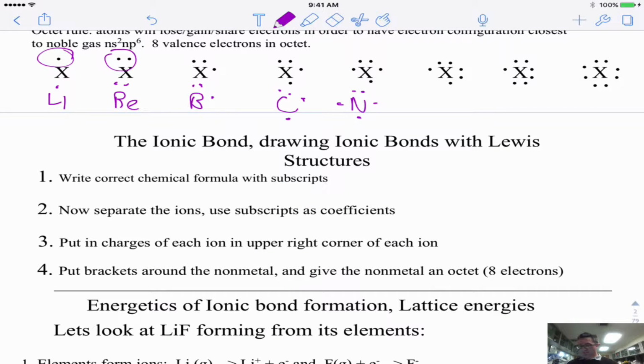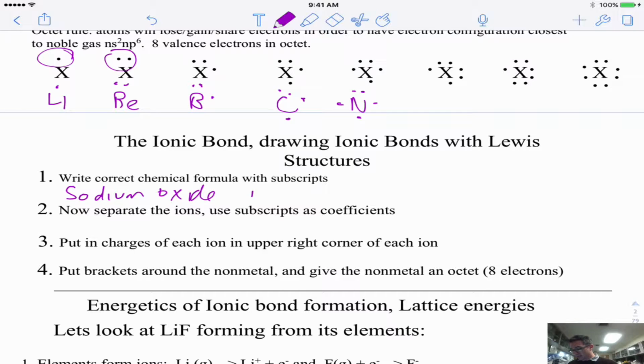Okay, so when we do an ionic bond, when we look at the compound, we want to be able to draw the correct Lewis structure for this. And so to do this, I first use the name to write the correct formula. So for example, if I had something like sodium oxide,